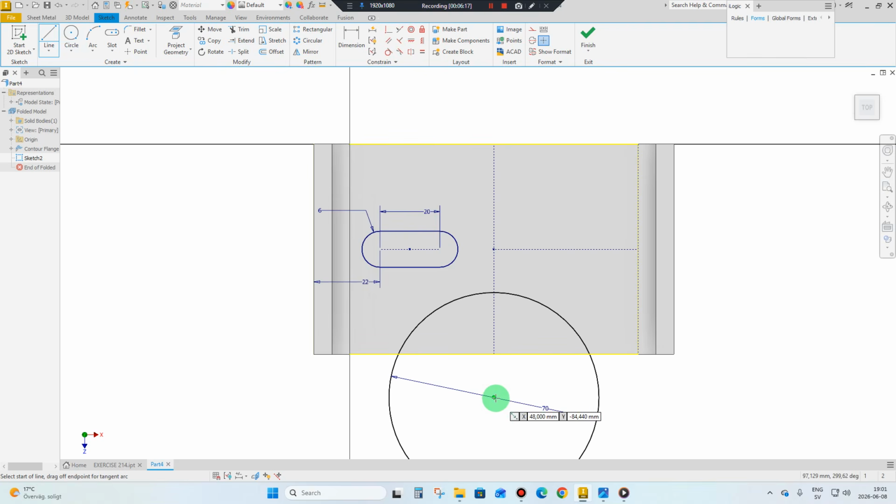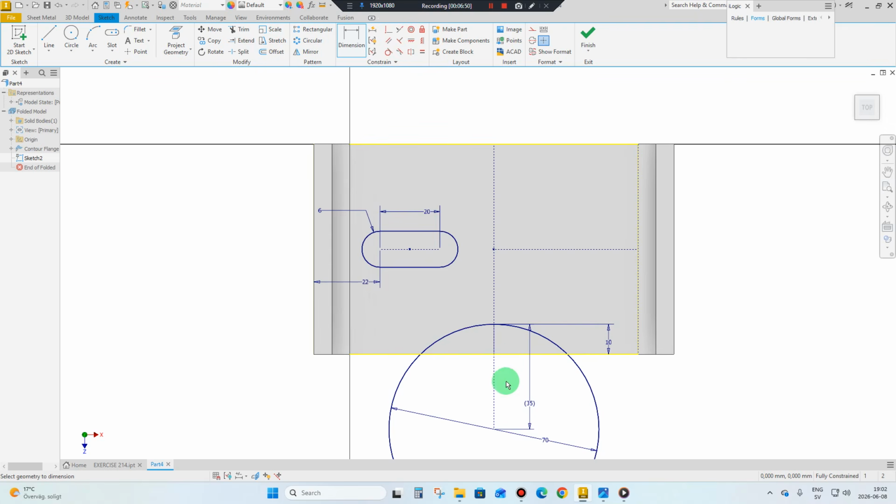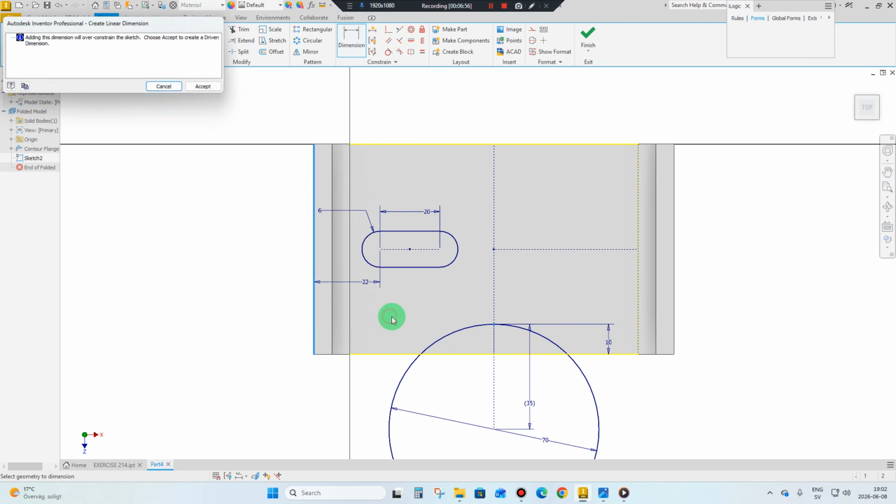Draw a line 35. Okay, now select vertical constraint, now select this point and this line should be 10 millimeter. 60 millimeter. Okay,